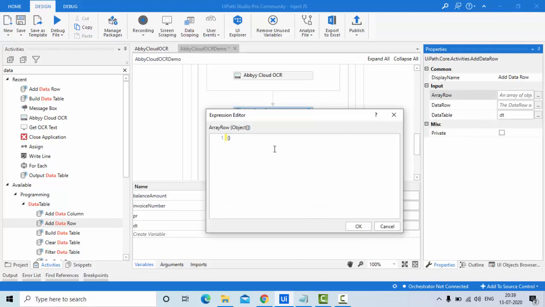Now here I am adding the data rows, right? So one is invoice number, another one is balance amount, right?